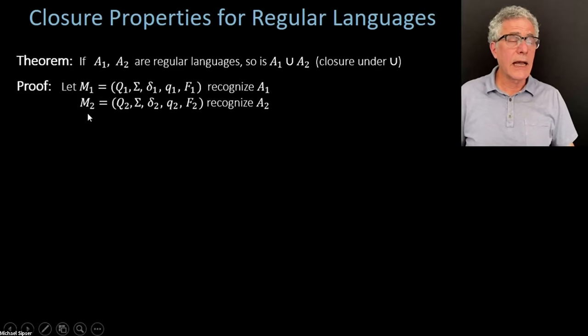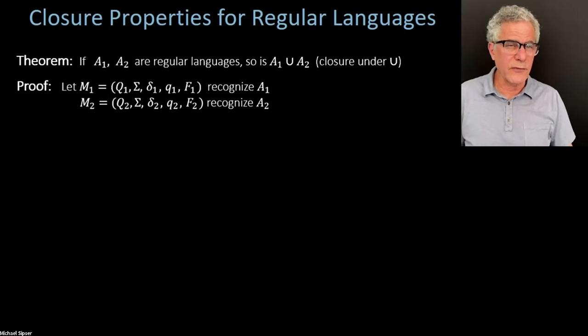So let's have those two automata, M1 and M2, using the components as we've described, the respective state sets, input alphabet, transition functions, the two starting states, and the two collections of accepting states. Here I'm assuming that they're over the same alphabet. You could have automata which operate over different alphabets. It's not interesting to do that. It doesn't add anything. The proof would be exactly the same. So let's just not overcomplicate our lives and focus on the more interesting case. So assuming that the two input alphabets are going to be the same.